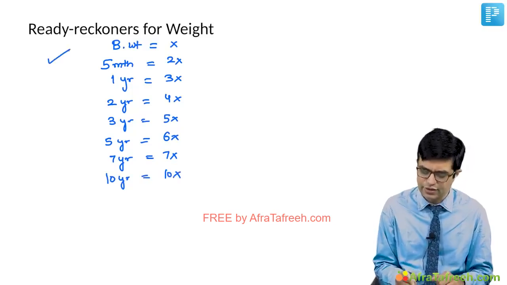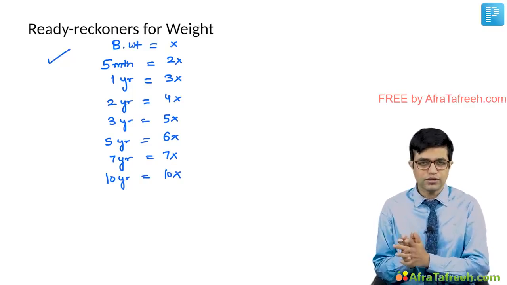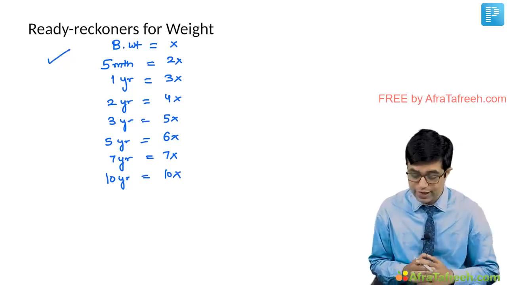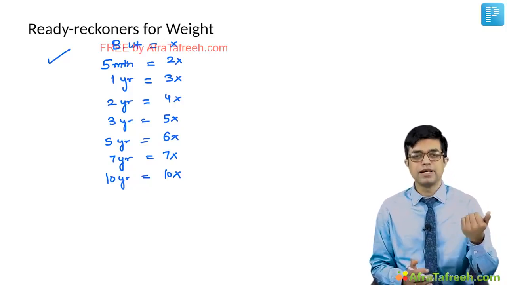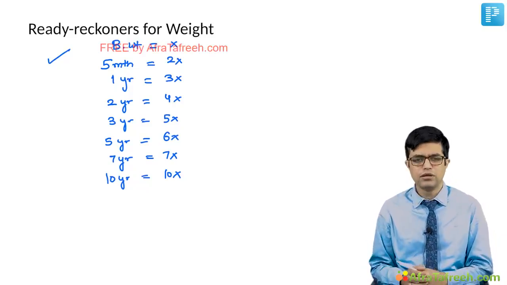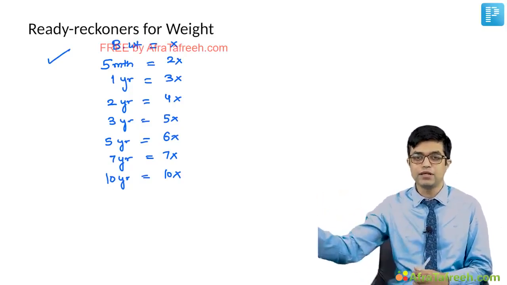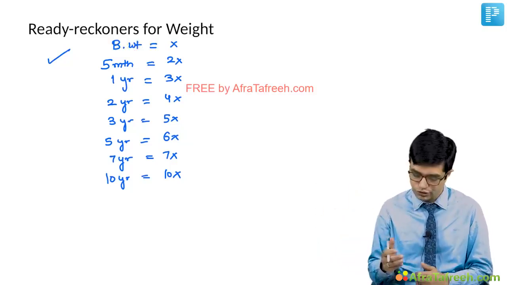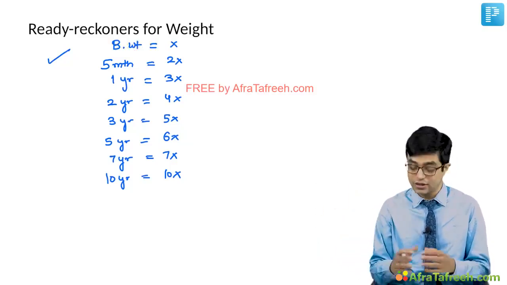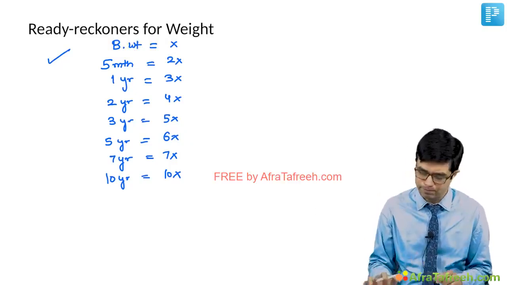So this is considered to be the ready reckoners of weight, shortcuts if you know the birth weight of the child, and provided you assume that the child is growing normally. So question can be asked in an indirect way. Doubling of birth weight occurs at what age? 5 months. Tripling of weight occurs at what age? 1 year. Quadrupling of birth weight occurs at what age? 2 years of age. So this is how questions, one-liners, can be asked in super specialty exams.